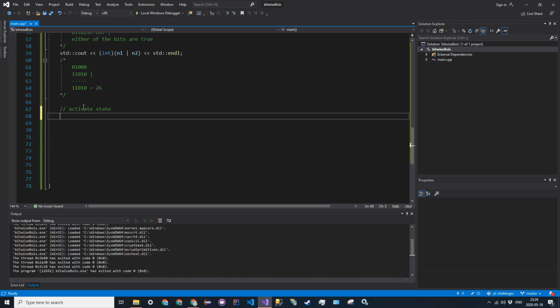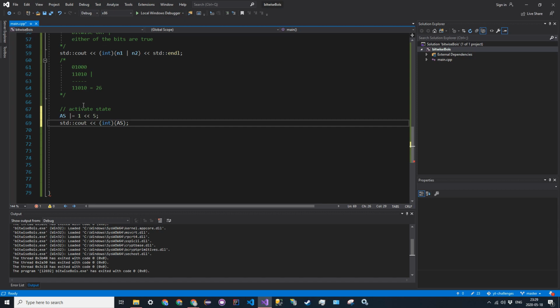The way we're going to do that is we're going to take AS and bitwise OR it. So we're going to do bitwise OR equals, and then we're going to do the same thing that we did above, where if we want to activate the fifth state, we're just going to left shift 1 by 5 like that. And then we can standard cout int